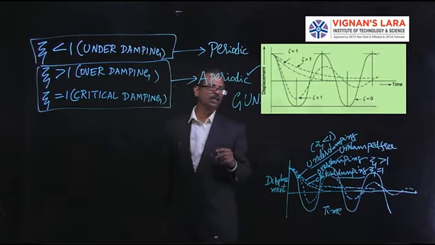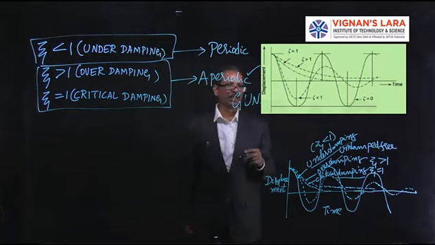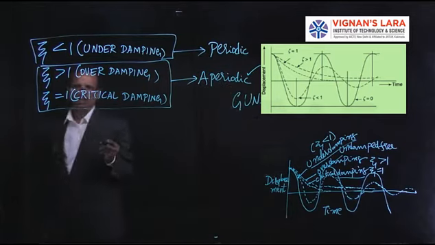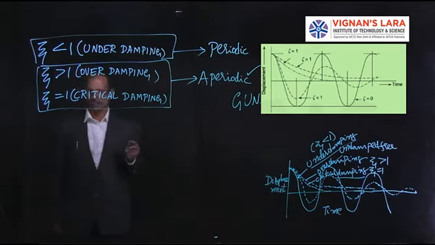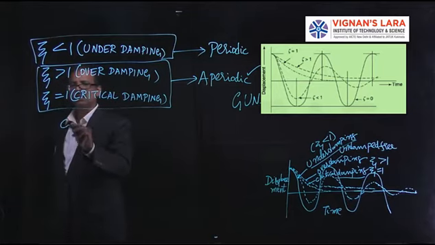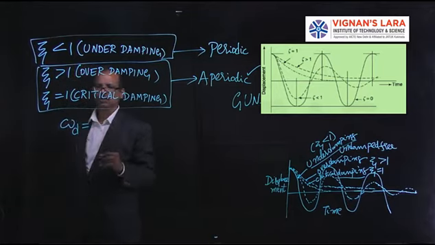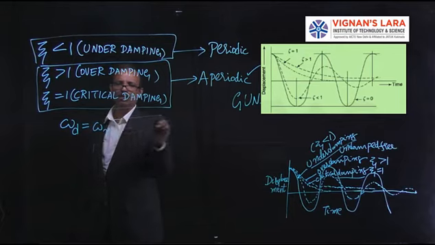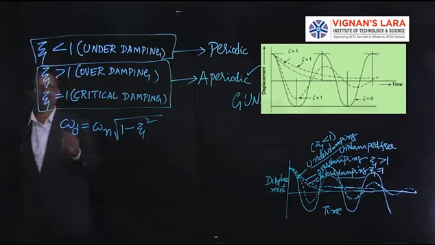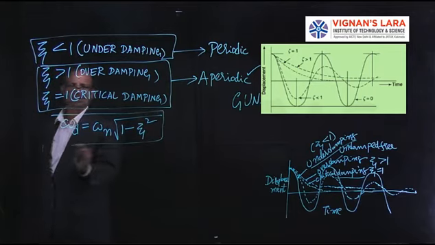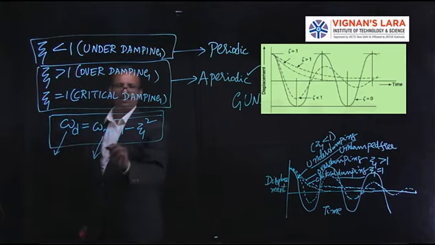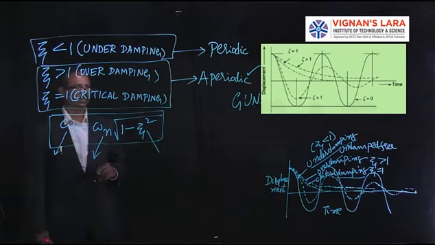So that is what is called critical damping. There the spring is designed with damping coefficient zeta equal to 1, critical damping. Then we can write the damped frequency in terms of natural frequency and zeta: omega d is equal to omega n into root of 1 minus zeta square. This is another equation which we use quite commonly in problem solving: damped frequency, natural frequency and damping factor.